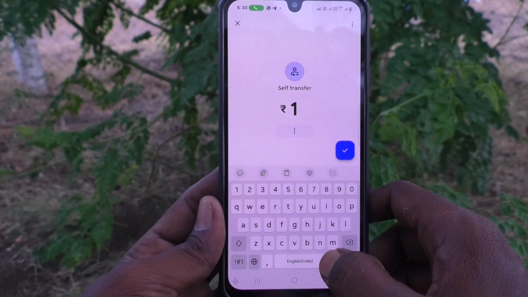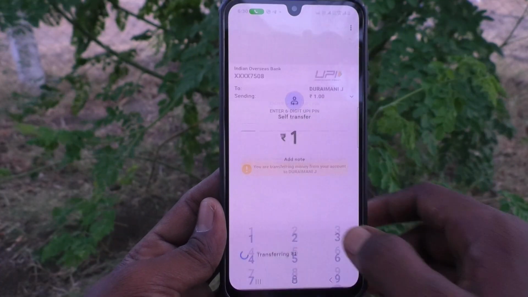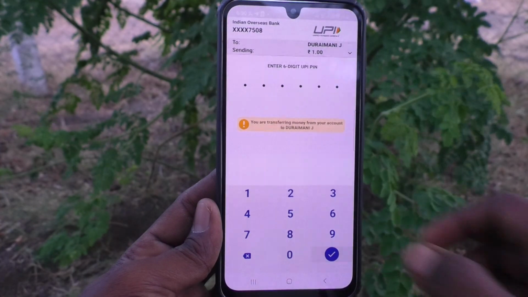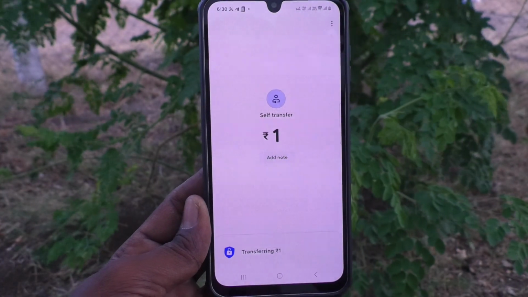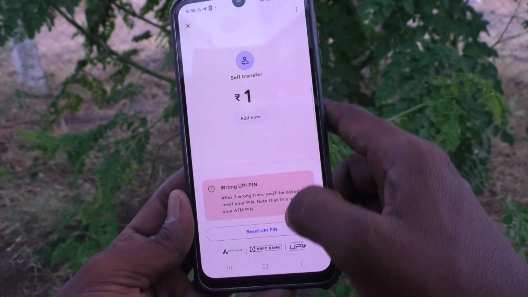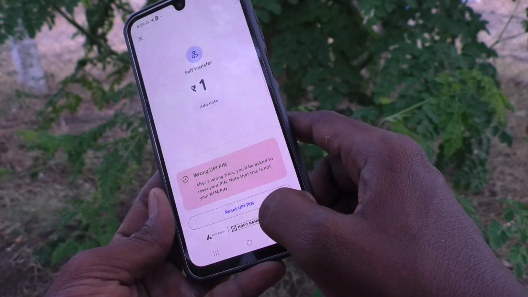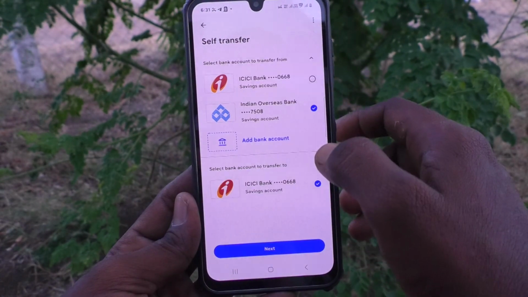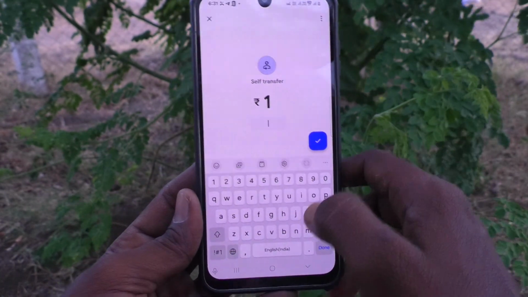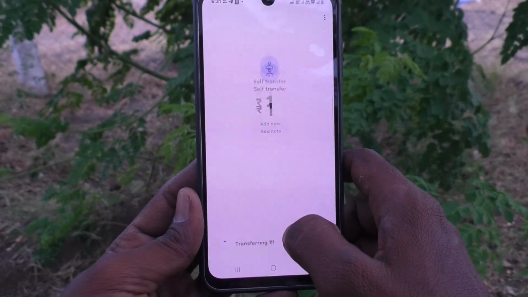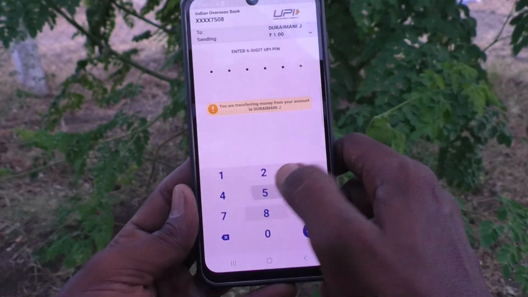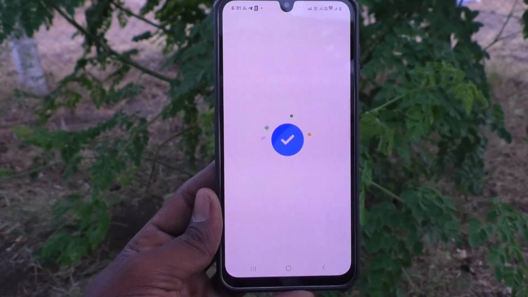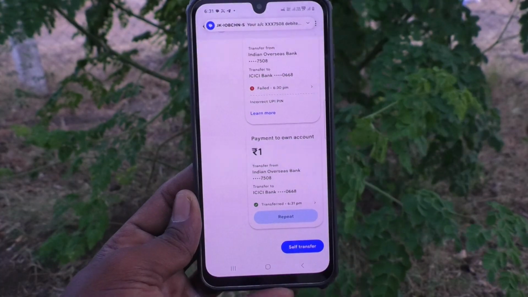Okay, so I have given 1 rupee, and I am just transferring this. Give your UPI pin for the particular account. It said wrong pin, so I am trying again. Yes, transferred. So in this way you can easily do self transferring